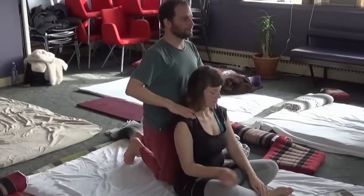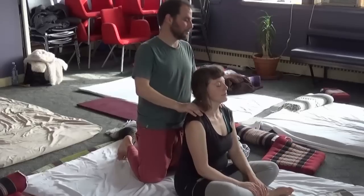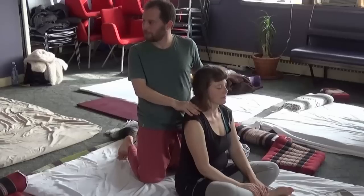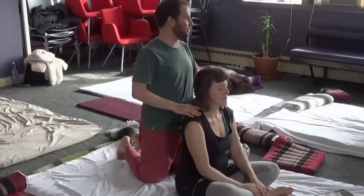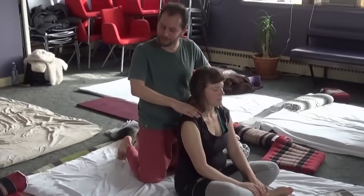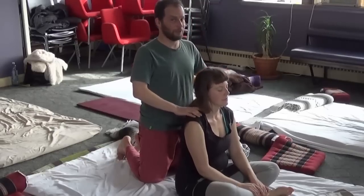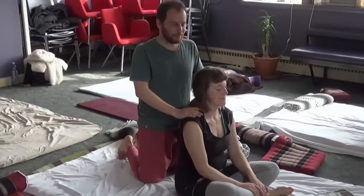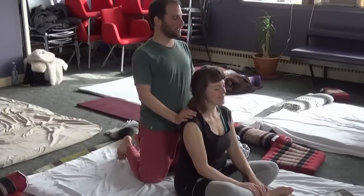And that's it. If it looks like a lot, you're not alone. Most people who first see Shiva Shakti see it as a bunch of moves and a kind of coordinated dance, and it is kind of like that. It's a good thing we do it first. We've got all week to practice it, and you'll all get it. You'll see. It's really groovy and fun, and one of the best things to receive ever. Okay. Thank you. Find a partner, and I'll talk you through